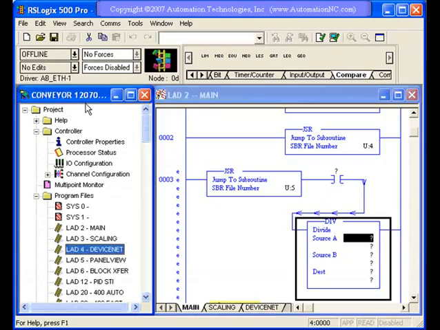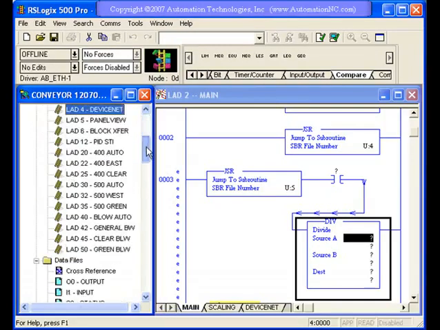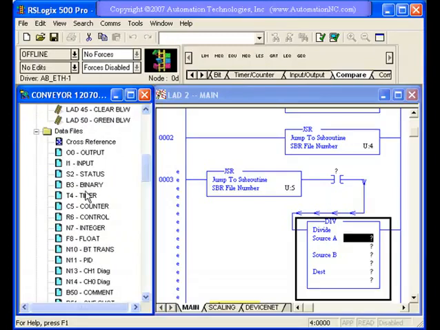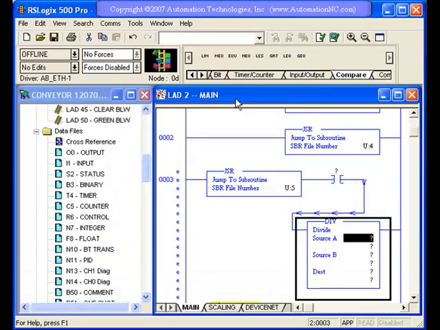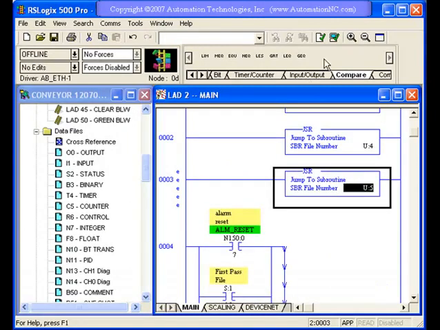The other thing we've talked about is our project window. The project window is very important to be able to open up and work with our ladder files, work with our controller and our controller properties, and work with our data files and be able to manipulate the information in them. We also covered the ladder window and being able to open and go to different ladder files and manipulate. You see we've still got our scary rung up here that we've edited with our toolbars, which is the last thing we talked about. The toolbar being